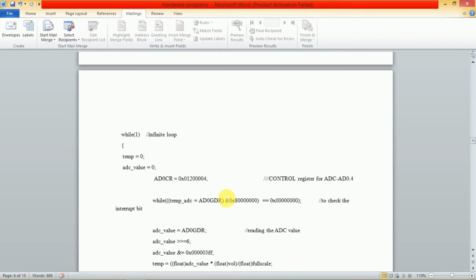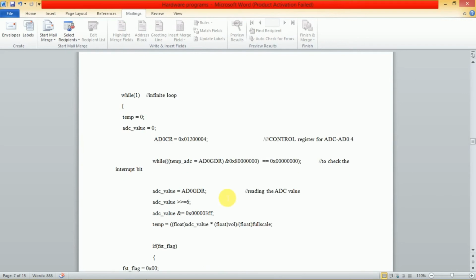While infinite loop, temporary equal to 0, then analog to digital values you can declare it 0, so you can write it AD0 for clear, control CR 0x01000004. These are the control registers for ADC, you can declare it AD0.